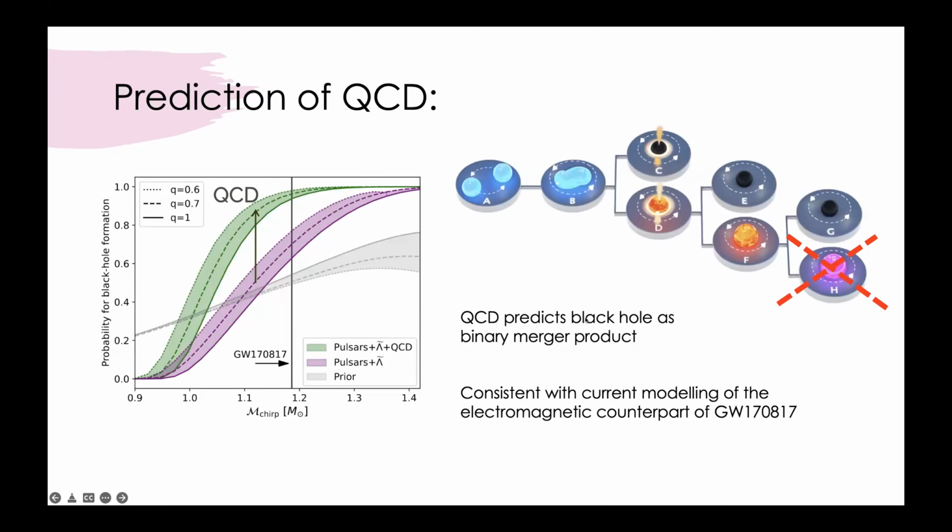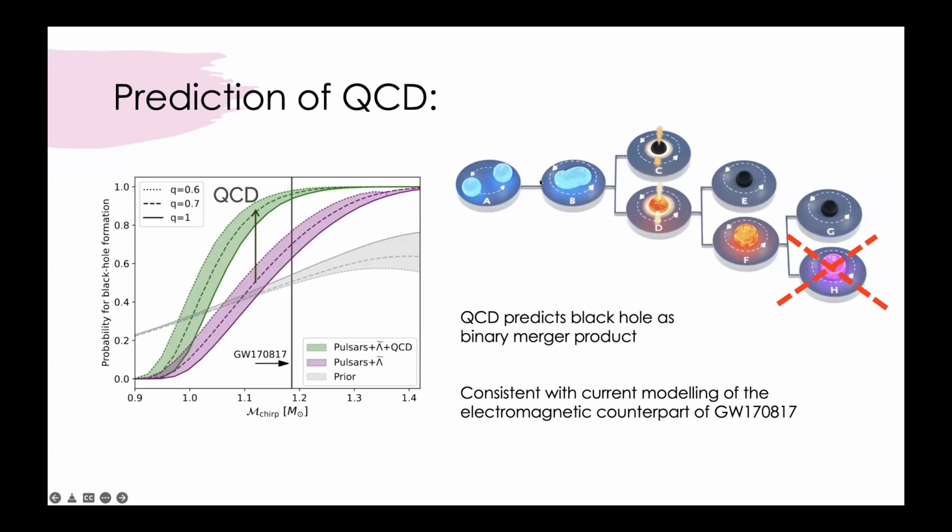Now, the QCD input seems to be very complementary to the equation of state and to the astrophysical observation. So you can ask, is this something that you can test? It's of course nice to have a theoretical prediction, but you would of course want to test it. To the extent that something is complementary, it's something that you don't see in the data. So what one would really like to have is a prediction from QCD that you can test in time. And it turns out that we have something like that.